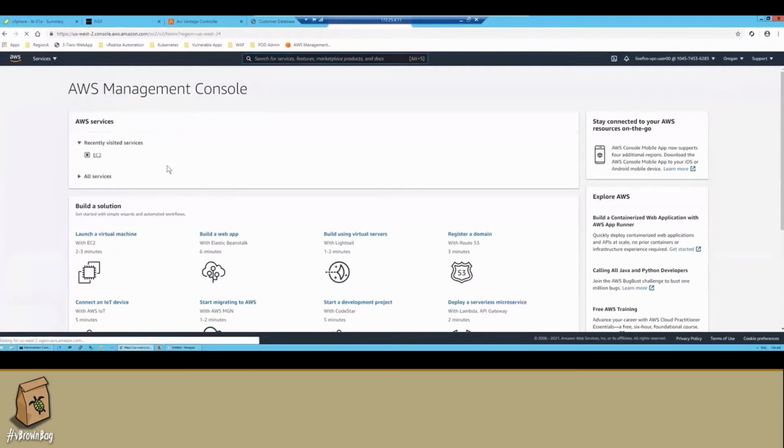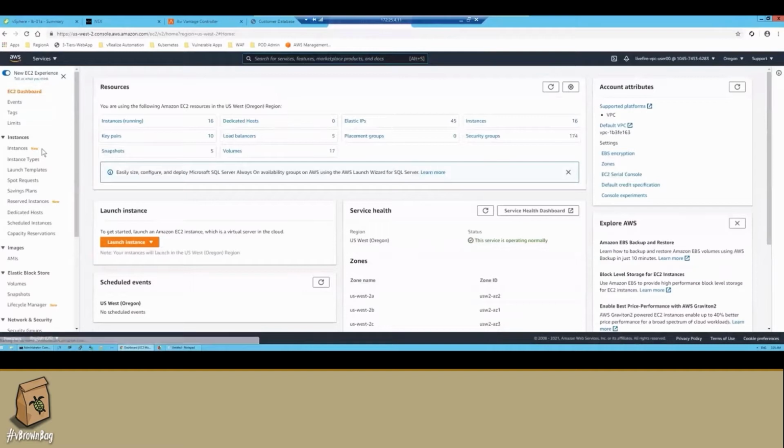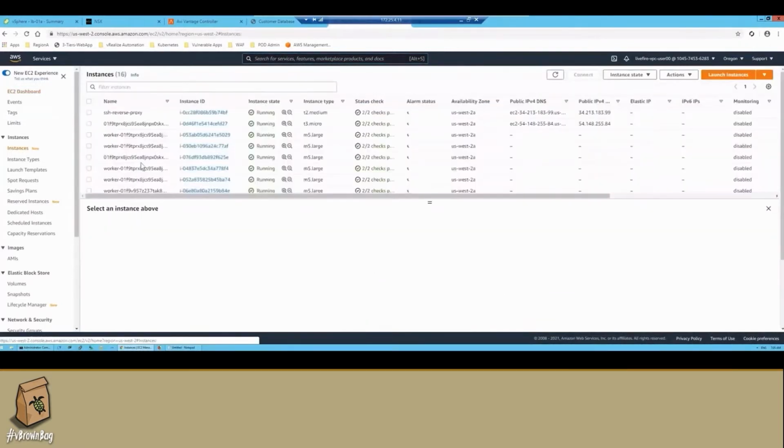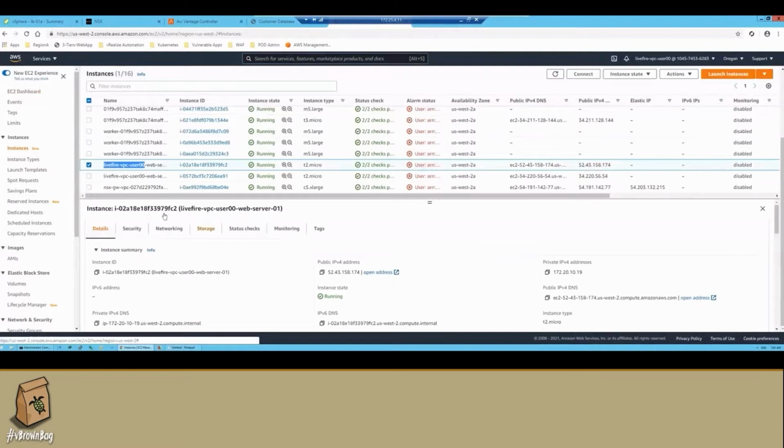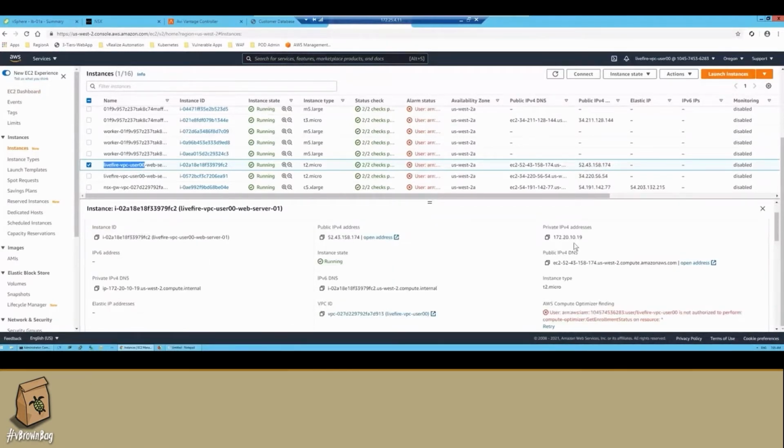So within AWS, so we're talking about public cloud. So I haven't grown my application on-prem. What I've done is I've decided that I'm with a customer. We want to implement a hybrid cloud deployment model. So we've deployed a couple of instances into AWS. So we've got a couple of AMIs that we've deployed, which are Livefire VPC user 00 and Web Server 1 and Web Server 2. So if we look at this, we've got 2 private IPs of